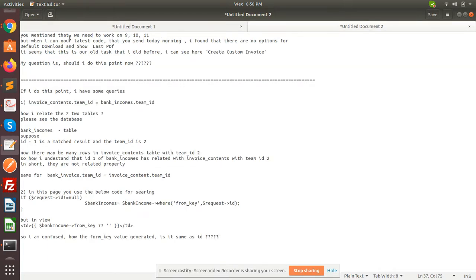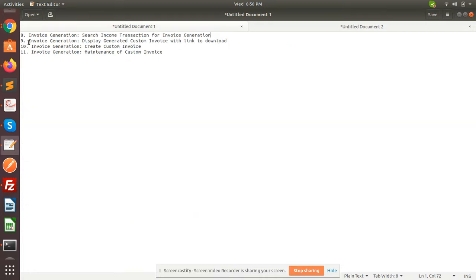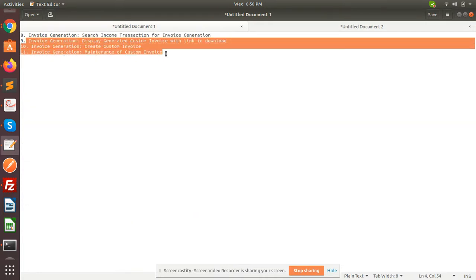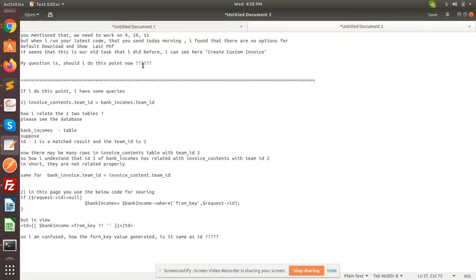Okay, you mentioned that we need to work on 9, 10, 11, right? But when I run your latest code that you sent today morning, I found that there are no options for default download and show last PDF.